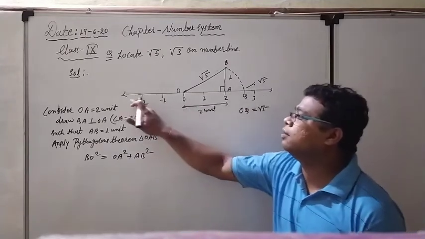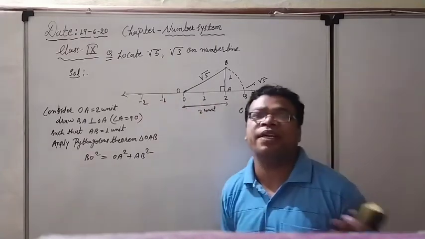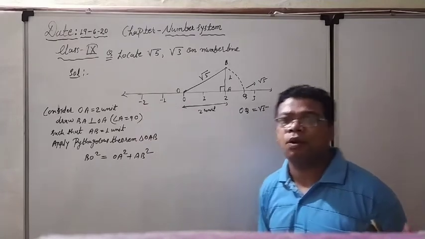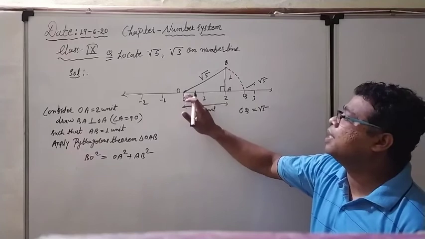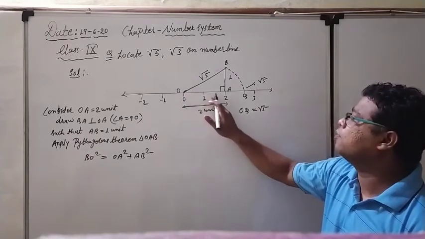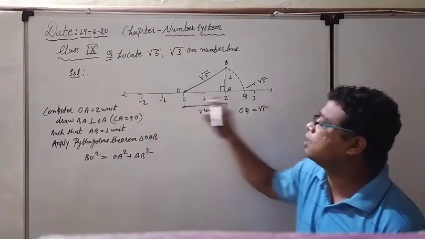This is the number line. You can draw according to your choice. Actually, negative numbers are not needed right now, still, I have drawn -1 and -2 also. No problem at all. Right now, see, this is the main 0 on the number line. These are 1, 2, 3, all the positive integers. So this is the number line.